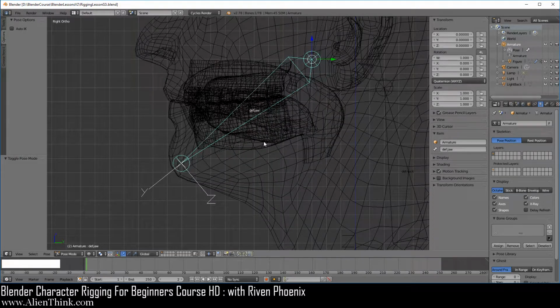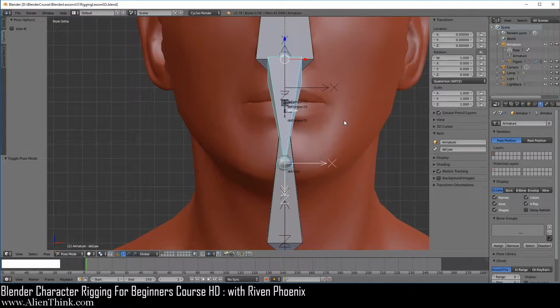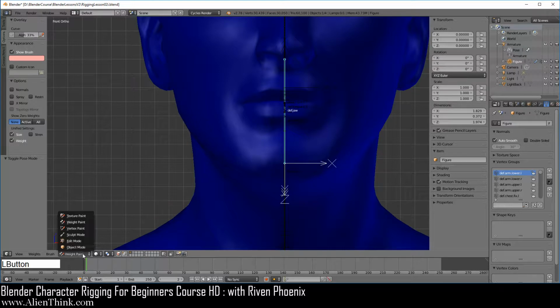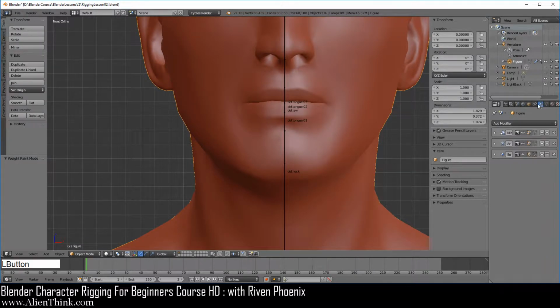I'm going to right click to cancel this, press the Z key and press the 1 key. Now to do this, it's a good idea to go to the armature and click on the stick so it doesn't come in the way. Go ahead and click on the figure and make sure that you are in object mode over here. We're going to go to the modifiers tab and turn off the mirror.